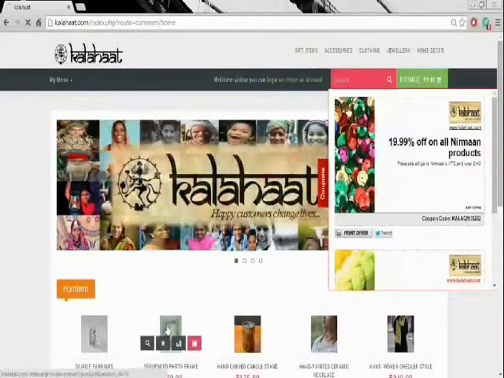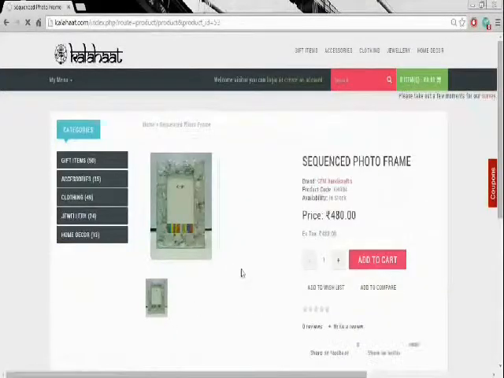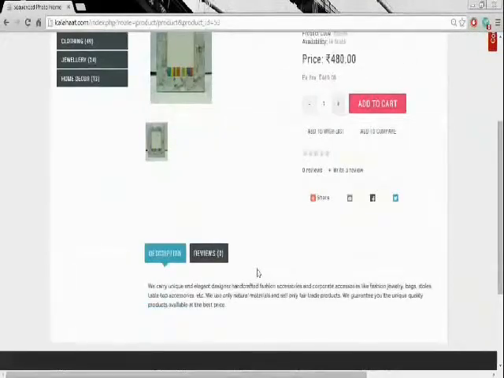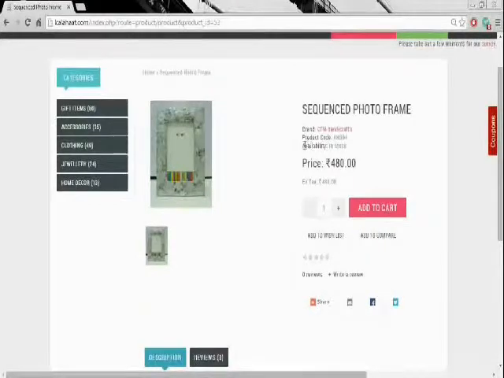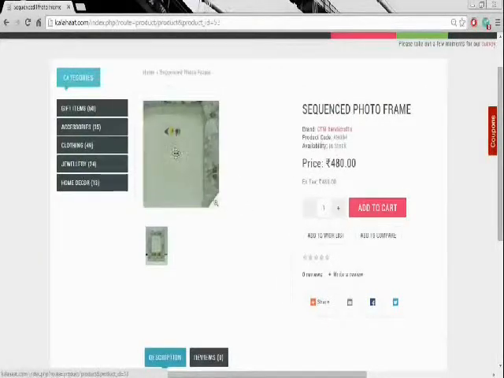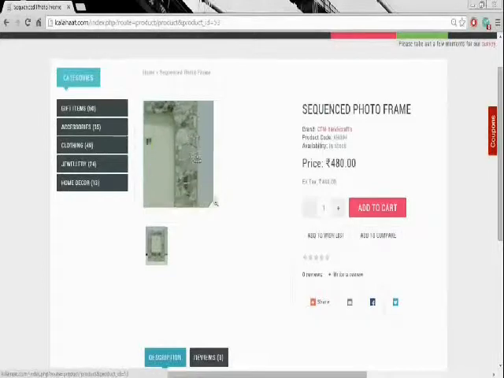On clicking any of the products, you land on the product page, wherein you can see the description of the product, how it has been made and which artisan from where has made this product. The NGO through which this product has come is also listed along with other details, whether it is in stock or not, the price tag. You can just hover on the product to see it in zoom screen.